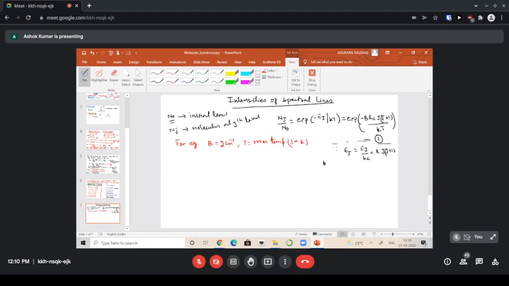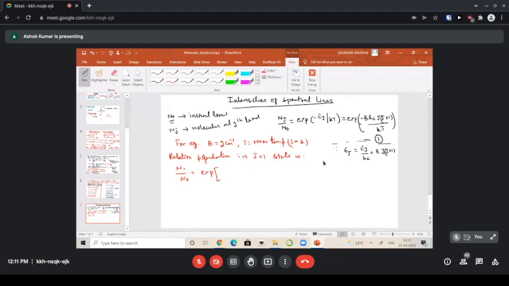We can find the relative population in the J equal to 1 state. It will be given like this: the relative population N1 upon N naught will be equal to exponential of